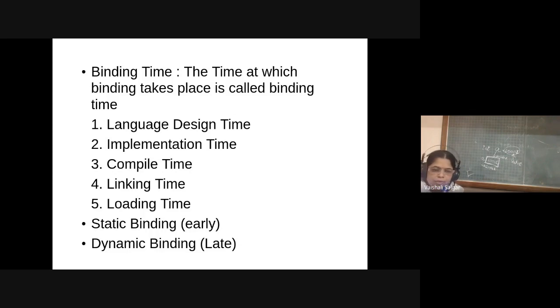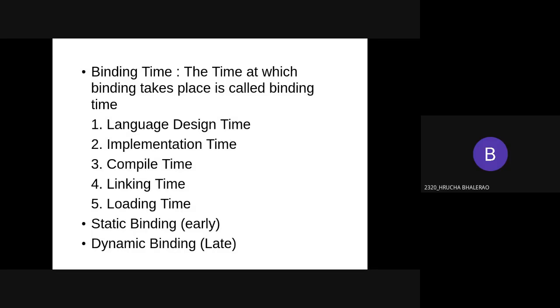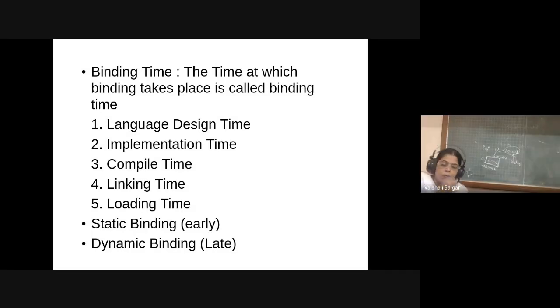My linking time is this: whatever header files you have included in your program, I can directly use the square root function, or when you are using the scanf and printf functions, you have included the standard input output header file.